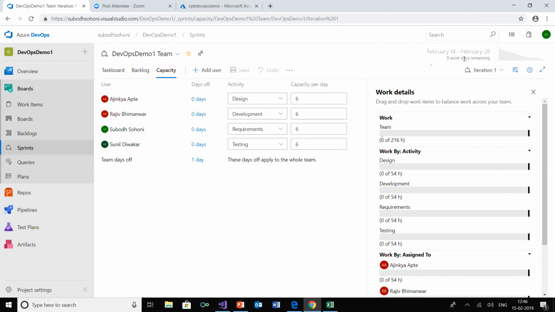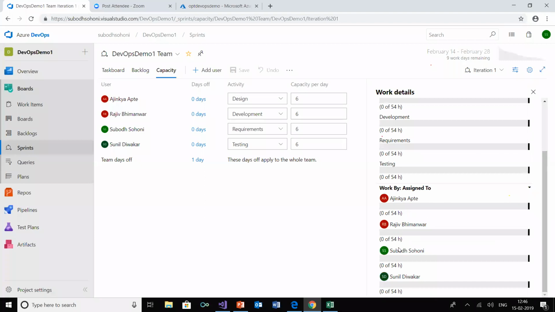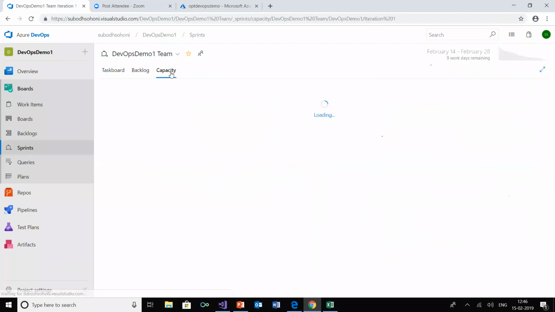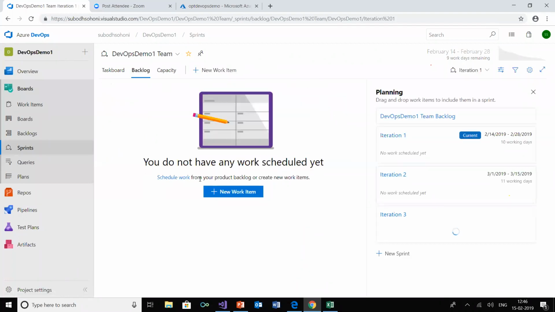So it has 9 working days in this sprint, and totally 216 hours are available to the entire team, as well as if I scroll down, for each person it will show me how many hours there are. Okay, now that I have those as the capacity, I know that I have a capacity of 216 hours. I can go back to the backlog and I can add